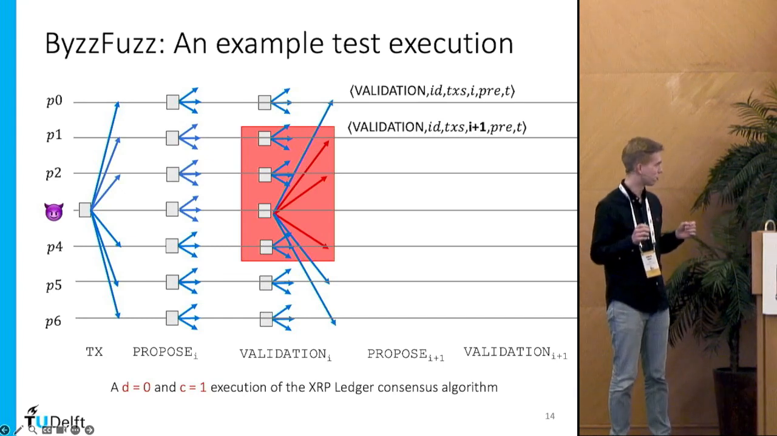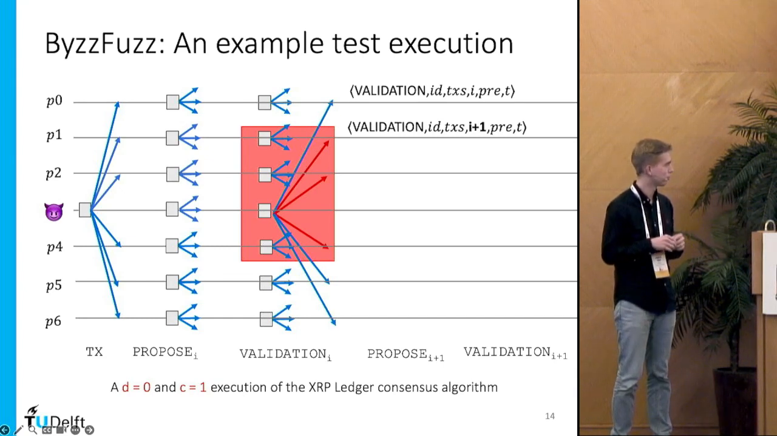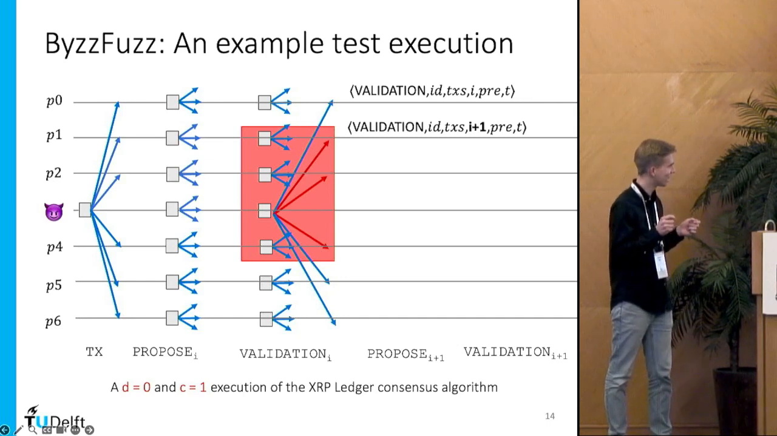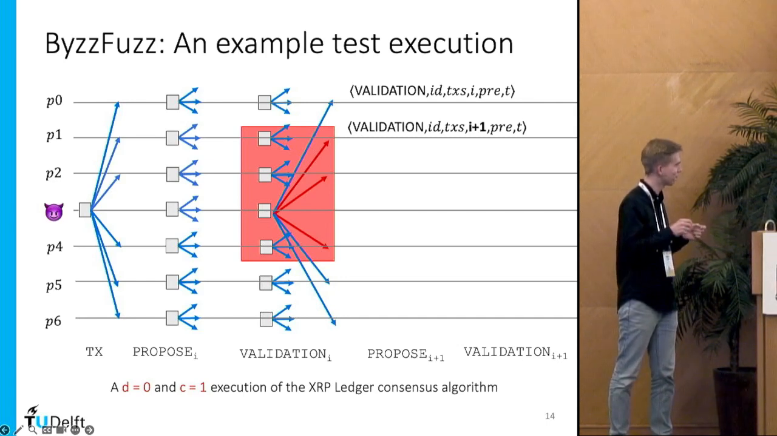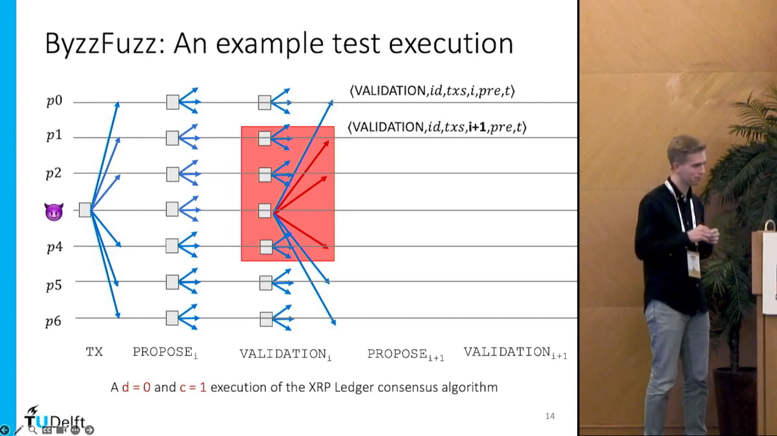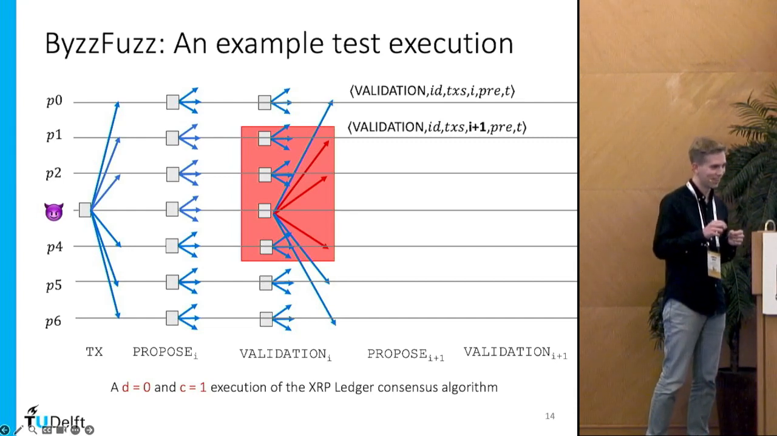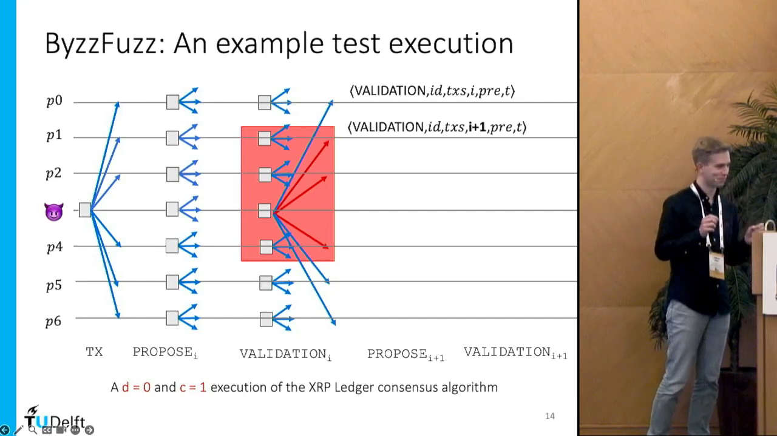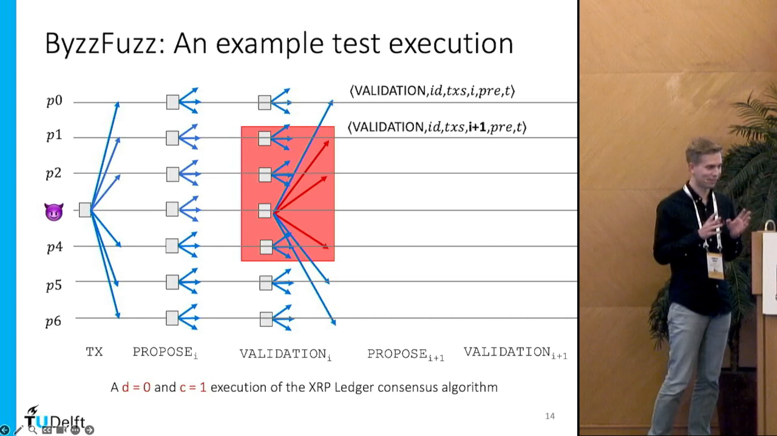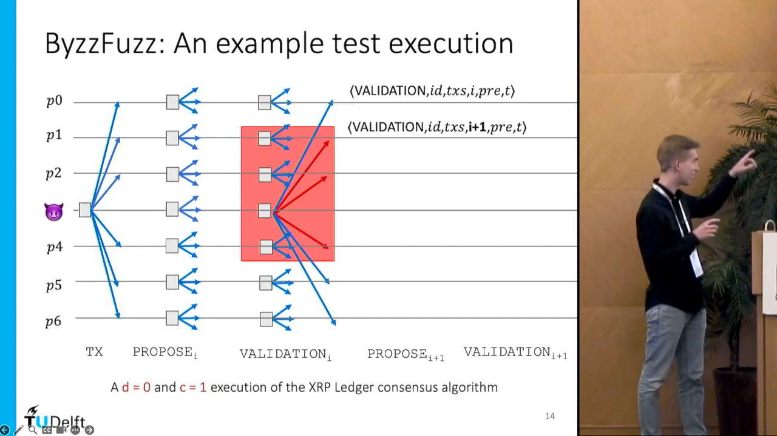All of the correct validators send a validation message for ledger I. You can see that at the top. ByzzFuzz now mutates,